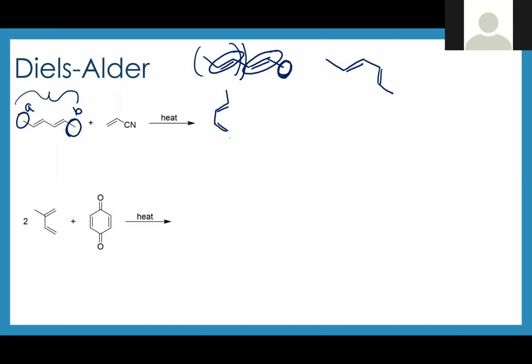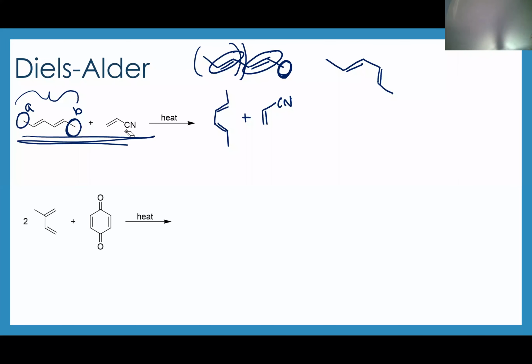I know visualizing that stuff can be really, really challenging. So if you're still working on that, that's fine. That's why I walked you through my thought process there. So when you're doing a Diels-Alder problem, draw it out in the way that is going to visually push you in the right direction. So everything here was drawn horizontally, which is kind of obnoxious when you're trying to do a Diels-Alder problem. So I rearranged it and I'm going to visualize